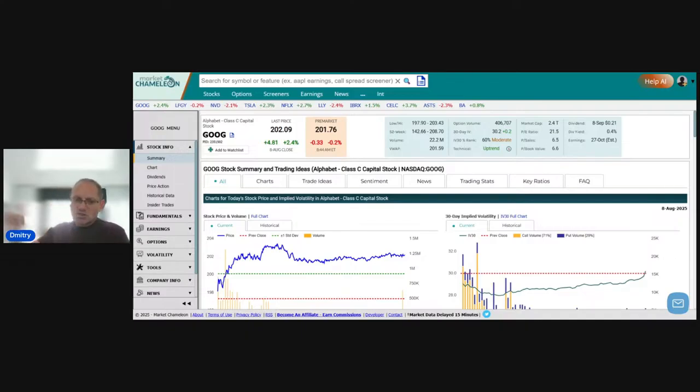And if you're just trying to get a sense of where we're at right now, we have to look at certain benchmarks. One of the industry standard benchmarks is a 30-day constant maturity implied volatility, because we have to pick an expiration. What are we looking at? A 7-day, a 90-day, a 23-day option, right? Because all these options have different days to expiration. So we have to keep it constant to be able to compare how